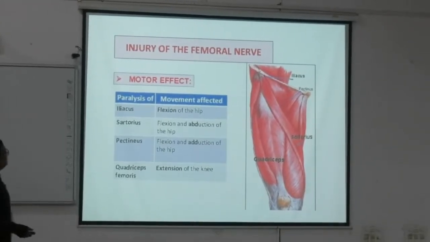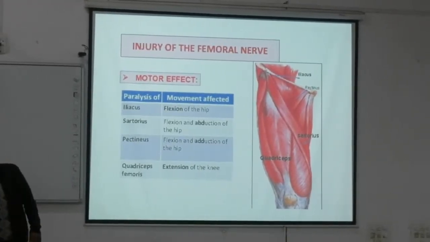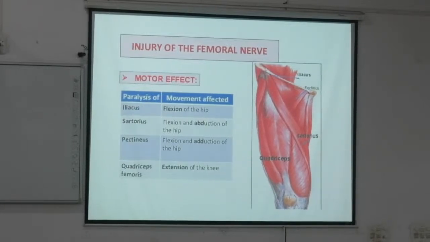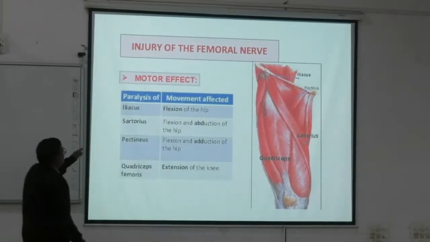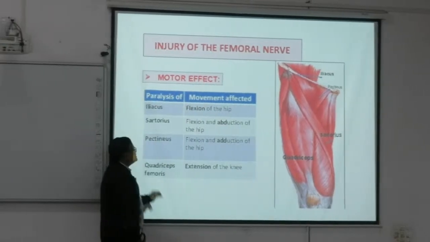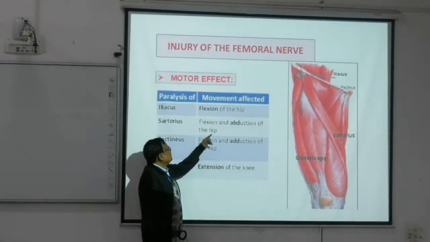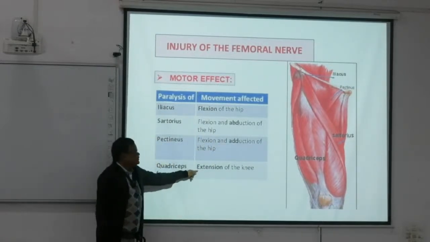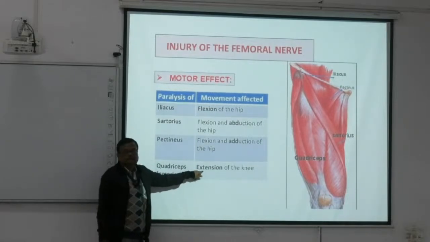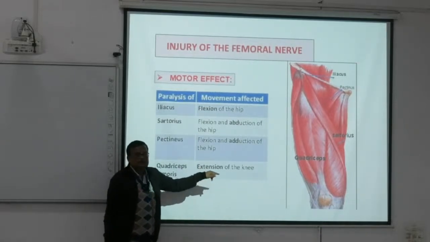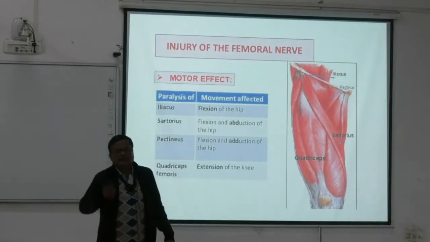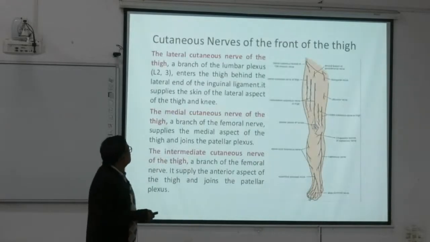তাহলে ইনজুরি টু দ্য ফিমোরাল নার্ভ যদি কোনো কারণে হয়, দো রেয়ার, but still may happen, তাহলে কি কি হবে? ইলিয়াকাস, সার্টোরিয়াস, পেকটিনিয়াস এফেক্টেড হবে, তার জন্য ফ্লেকশন অফ দ্য হিপ এফেক্টেড হবে, ফ্লেকশন অ্যান্ড অ্যাডাকশন অফ দ্য হিপ এফেক্টেড হবে, এবং এটা পার্শিয়ালি এফেক্টেড হবে। সবচেয়ে এফেক্টেড হবে এক্সটেনশন অফ দ্য নি। এক্সটেন্ড করতে পারবে না, খুব রেয়ার, পরীক্ষায় দেওয়া হয় না, তাও জেনে রাখো।